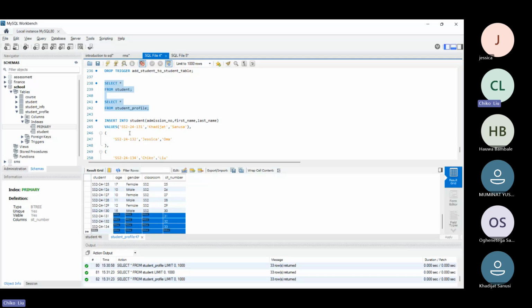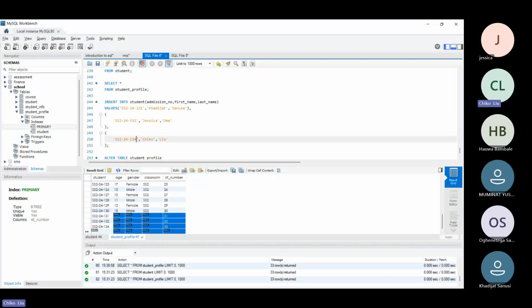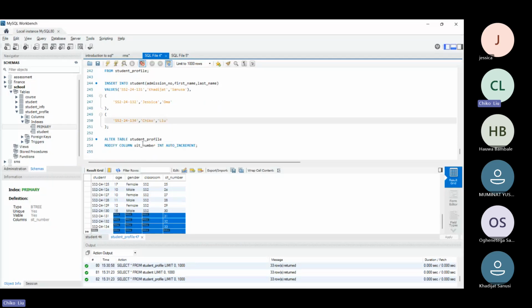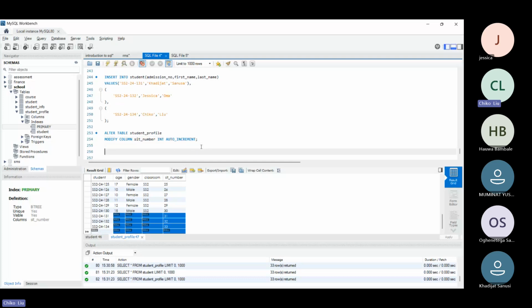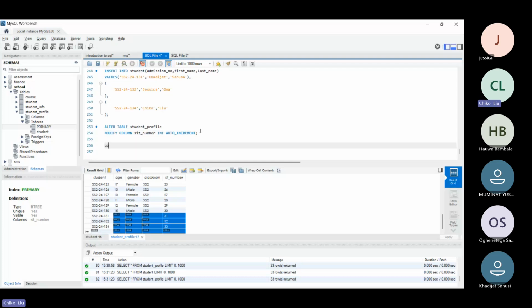I want to see if I update. So I made a mistake here, right? Instead of entering 133, I entered 134. I'm curious to see if I update this to 133, if it's going to work. So I'm going to say update my student table. I want to set admission_number equal SS2-24-133,